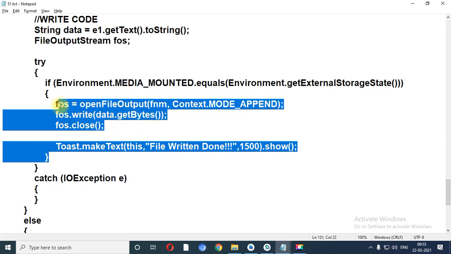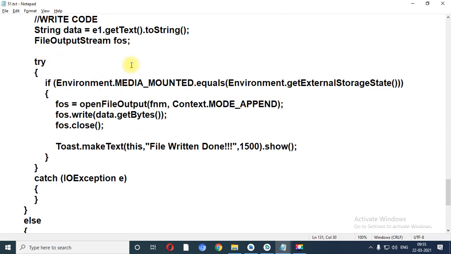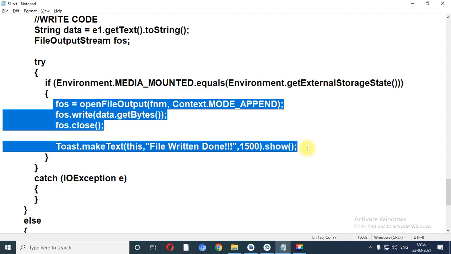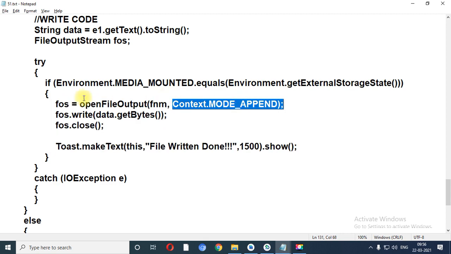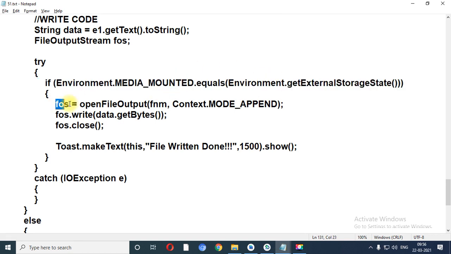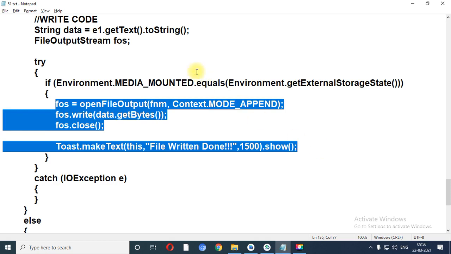Again this code remains as it is like before. See, the designing code remains as it is like the previous file. Similarly, there are changes only in the if condition, right? The remaining code remains as it is like before, like internal storage state. What is this condition? This condition returns true if your device is connected with the external media, right? At that time it will perform the write operation in the file.